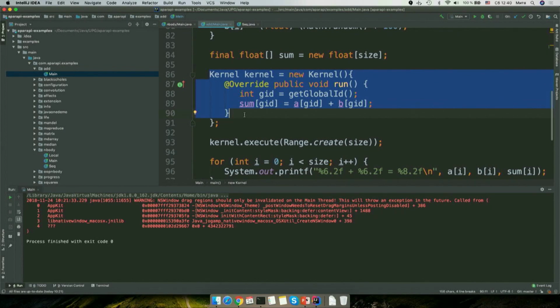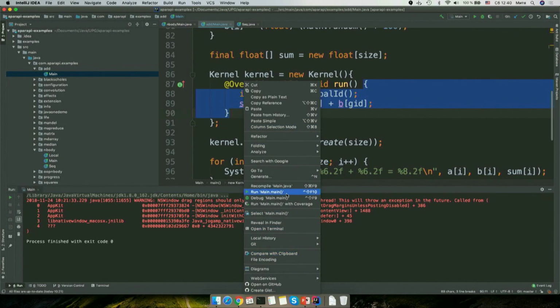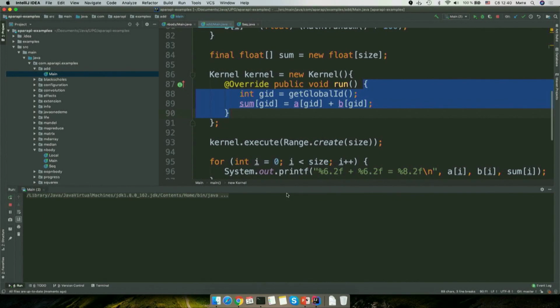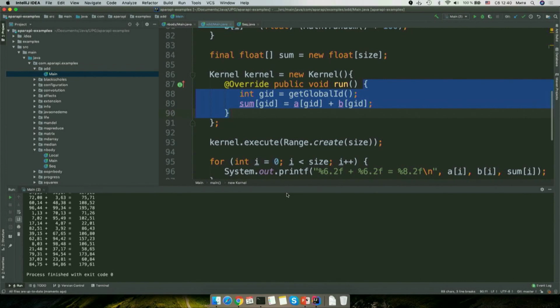But you don't have all of this fancy preparation to do this. And if you do this in Java, so let us just run it, you will receive the same computation. Here I get a little bit less on a GPU. This is the same, but run only in Java.